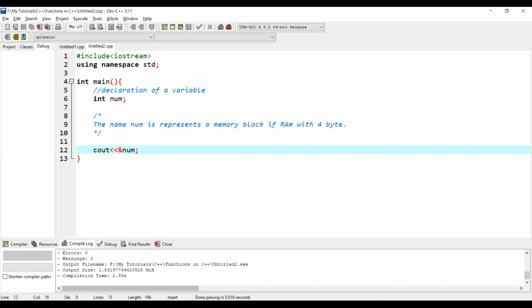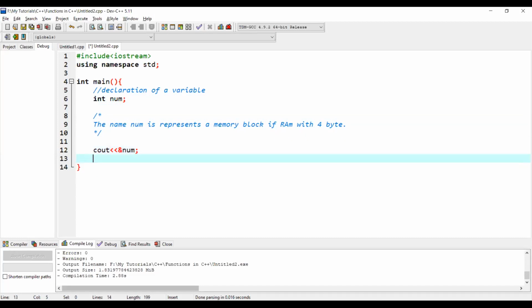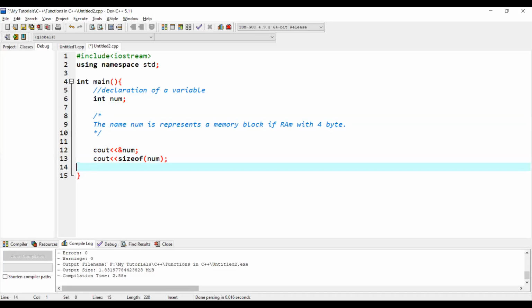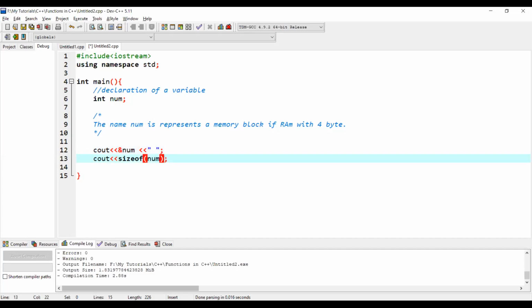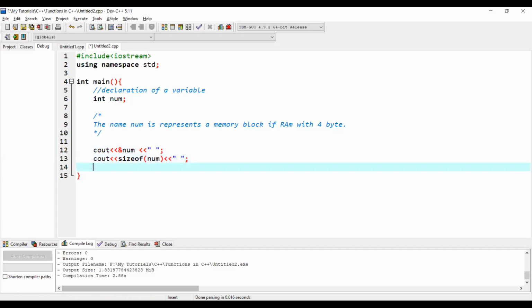Okay, so that means whenever we declare a variable, that variable must get a memory address. Similarly, we can check how much size is allocated to this variable. For this purpose, we can use the sizeof operator, sizeof num. So it will give you the size in bytes, how many bytes are allocated against this name. Now, suppose we want to print the value. If you look carefully, we did not initialize the variable num here. So let us print the value before initializing this variable. So to print, we can use cout num.